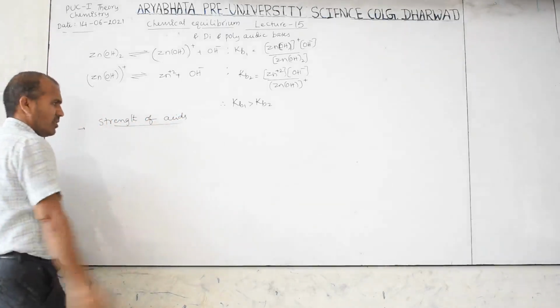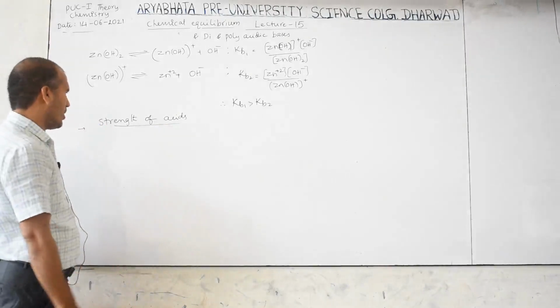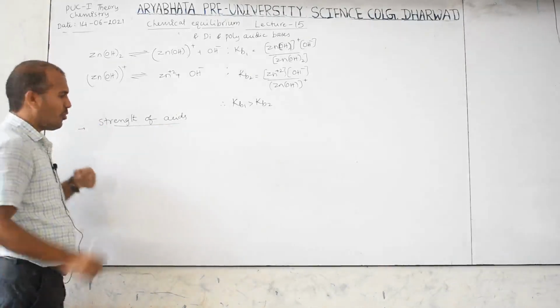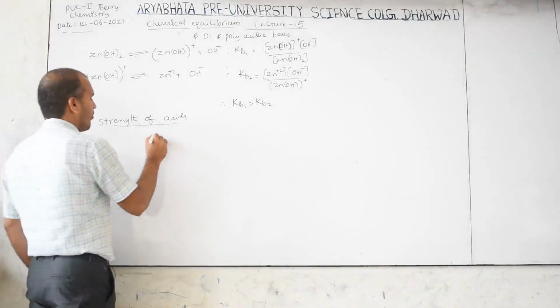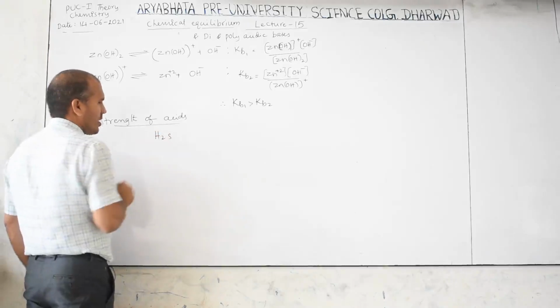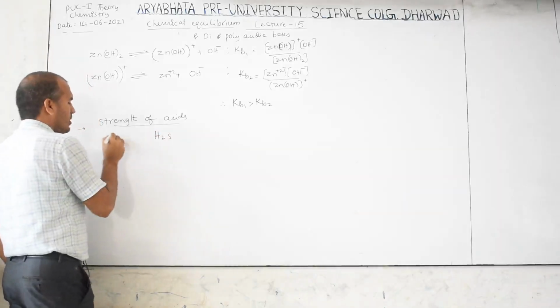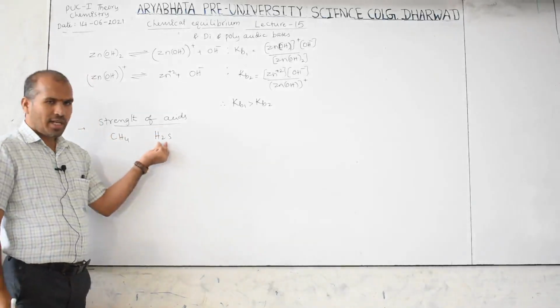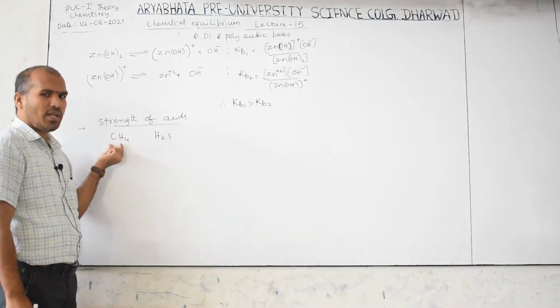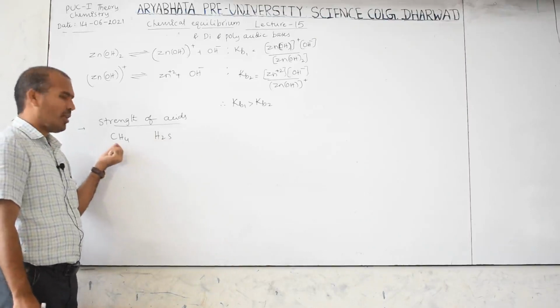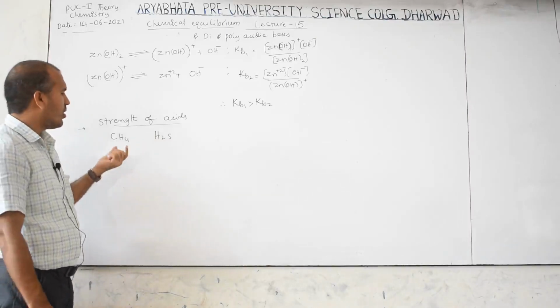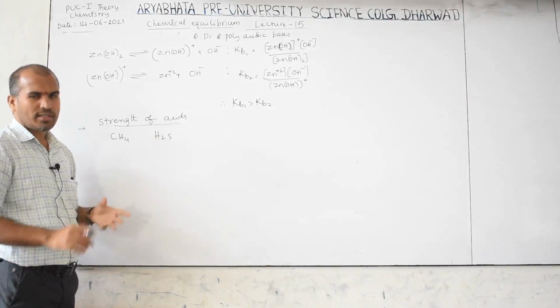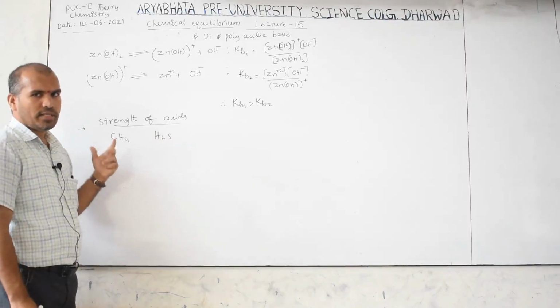Relative strength of acid, or strength of acid, is considered. Now, if you consider the periodic table, this is H2S and this is CH4. This is a little bit acidic. This is totally, very least acidic. It means it may even be considered basic. So why are some acidic and why are some basic?